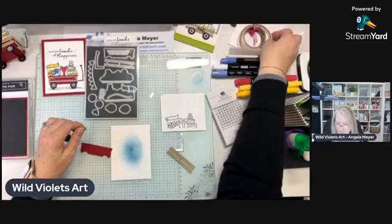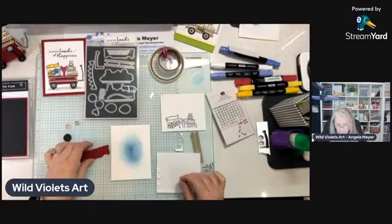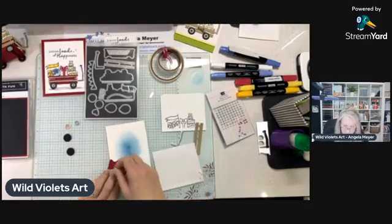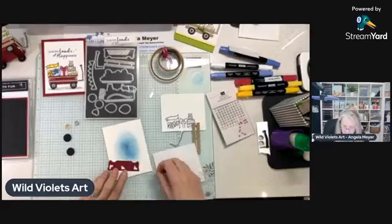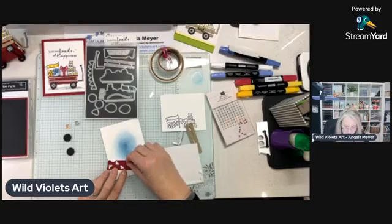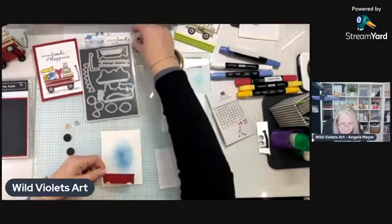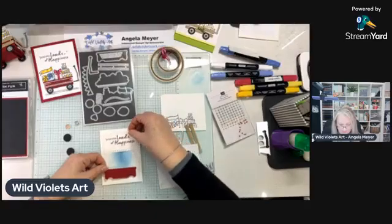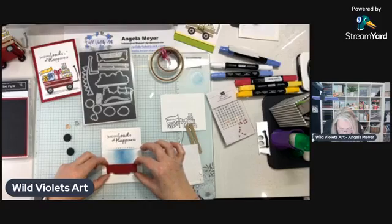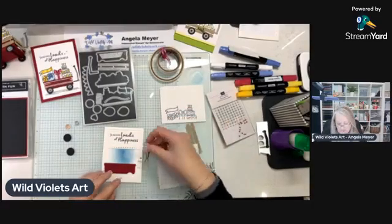Okay, so I'm going to need my Stampin' Dimensionals. And the first thing I'm going to do is I'm going to pop up my little wagon. And I use every little bit of my dimensionals. All the little pieces around the edge is what you're seeing here. Okay, so I want my sentiment to be up here. And I'm going to put my wagon about there. Oops, I need to do a little bit to the left because I need enough room for the cute little wagon